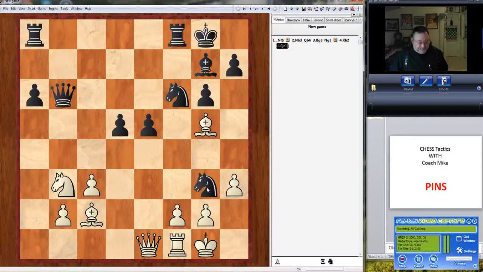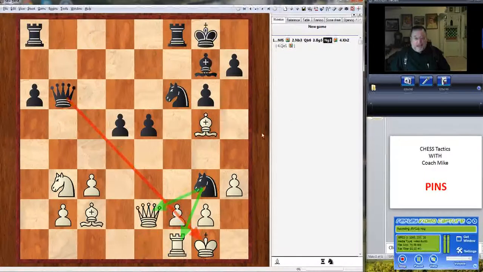And now you have to decide, do you want the knight to swoop in and get this rook and just go up material? Or is there a mating combination here? Notice the knight does not have to move because the pin is still in place. Here's the pin again, coming down this way. We could back up again, and